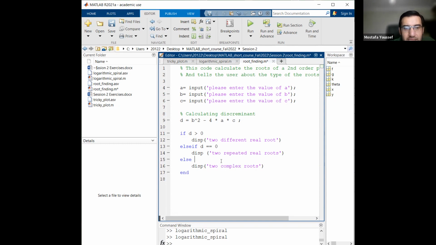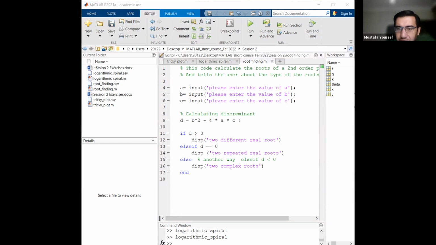I'm going to put a comment here, and I will leave it for you. Another way to do it is to say else if d is less than 0. Both of them work nicely. Okay. That's the basic idea of the code, is the if statement and its branching. However,